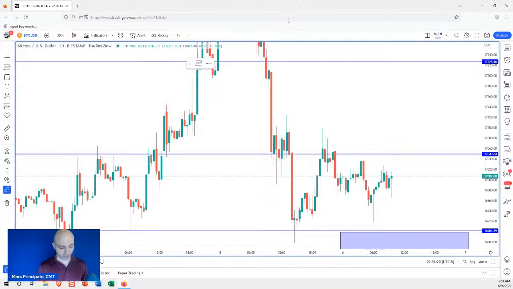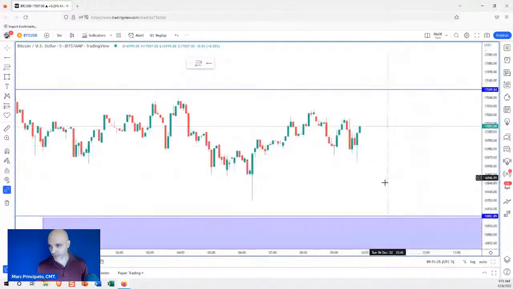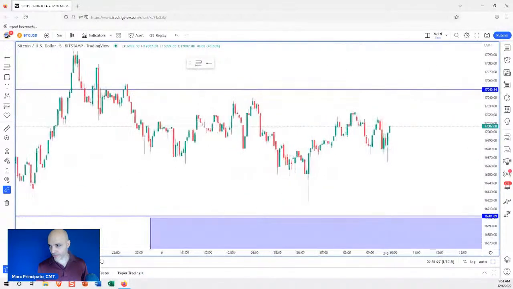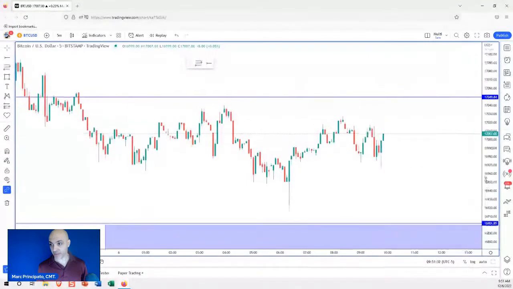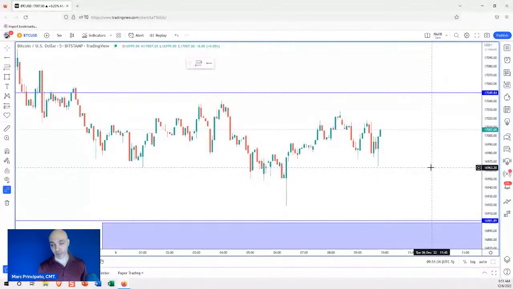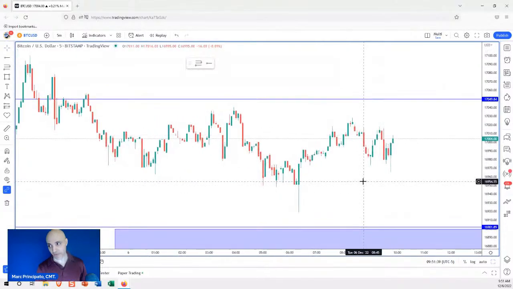All right, now let's go to the 5-minute chart. Now on the 5-minute chart, these levels are still the same. I'm going to have to switch over to the perp chart. But on the 5-minute chart, what we're looking for are actual setups. And this is where we place our orders based on this, right? But the primary thing on the 5-minute chart is the setup and confirmation.